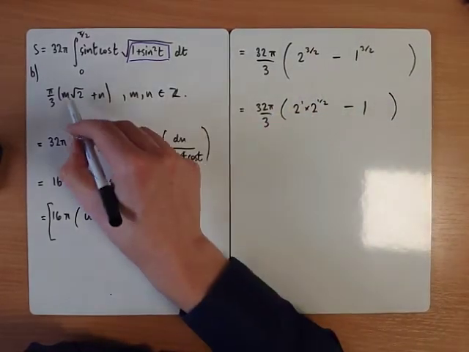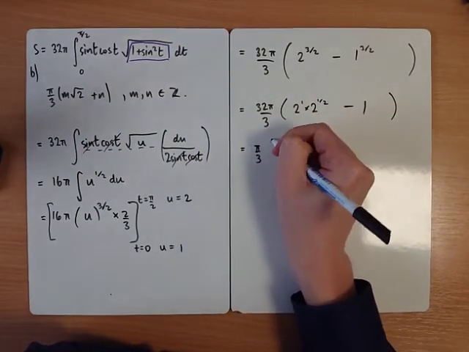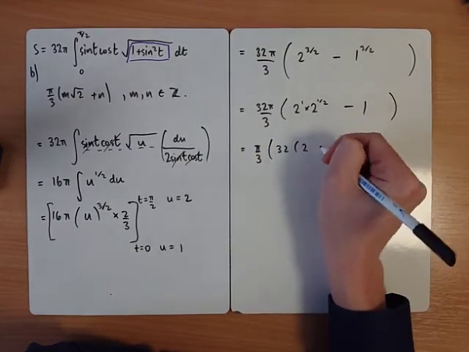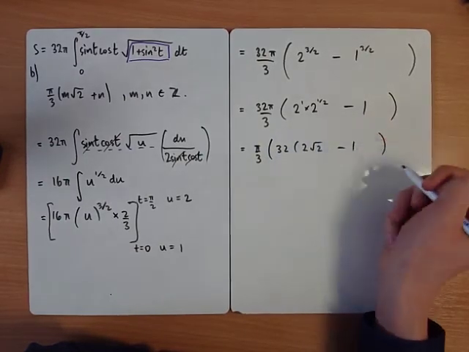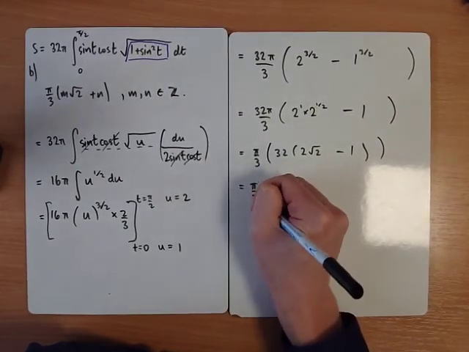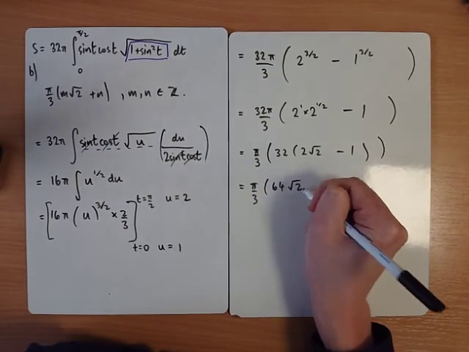And that's where this root 2 is going to come from. So we'd get pi over 3, 64 root 2